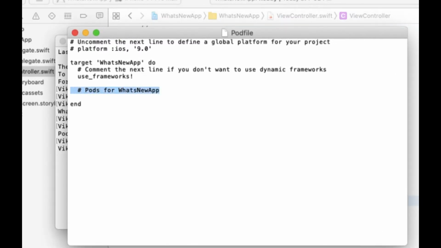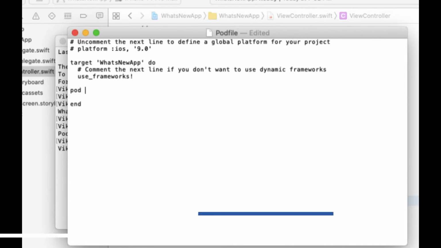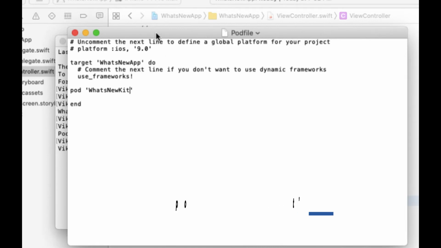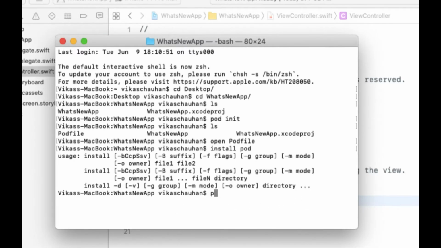So now write the pod WhatsNewKit, and you can save it and close this, and run pod install.